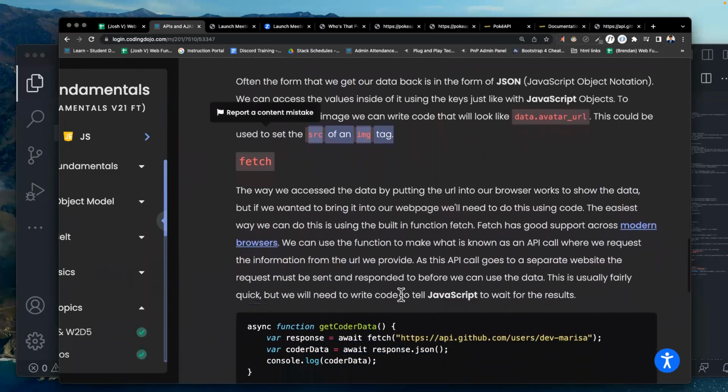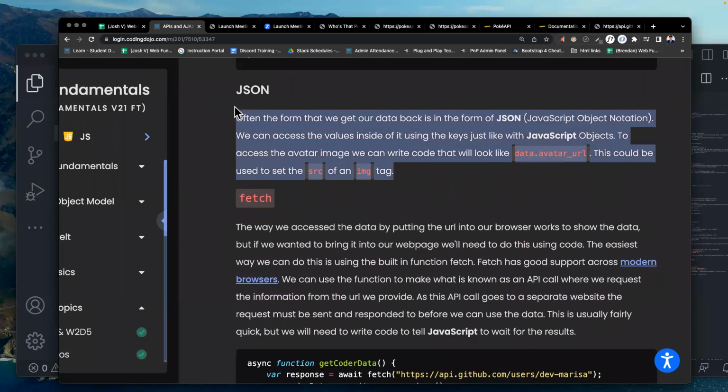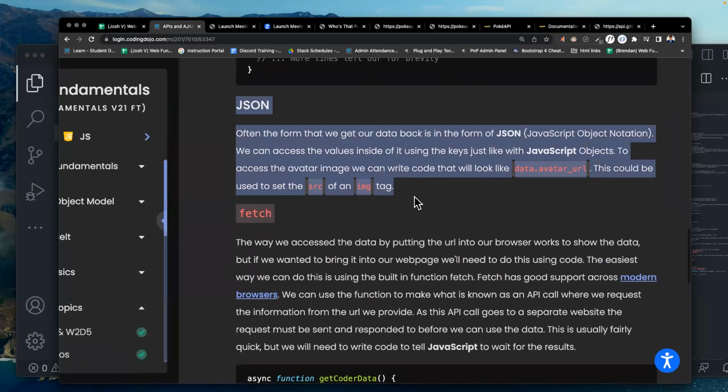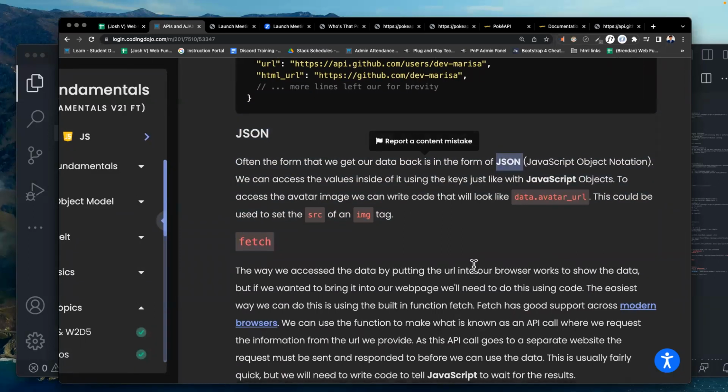Okay, now let's talk about fetch. What JSON is, it's just JavaScript objects given in this file or this form. The official form is JSON.